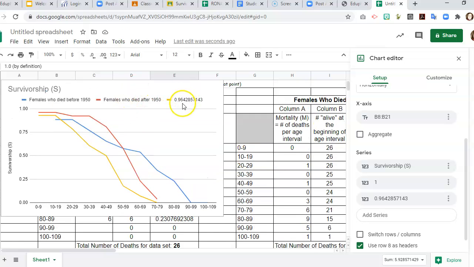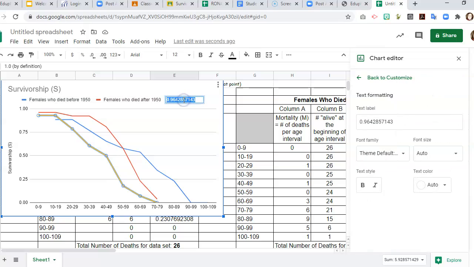Before I forget which one I'm labeling, I'm going to go to my yellow, and these are males who died before